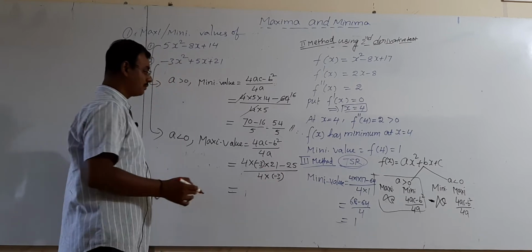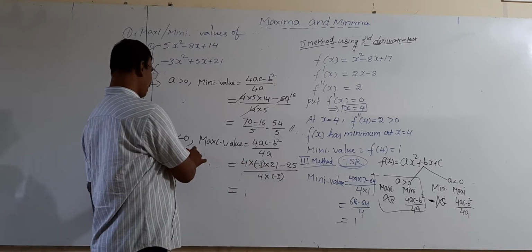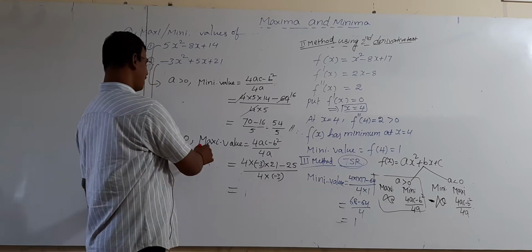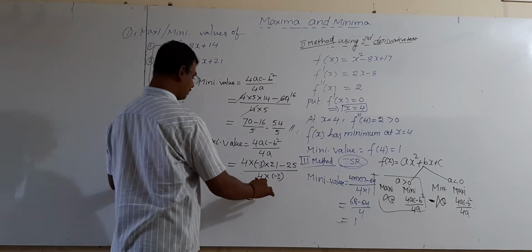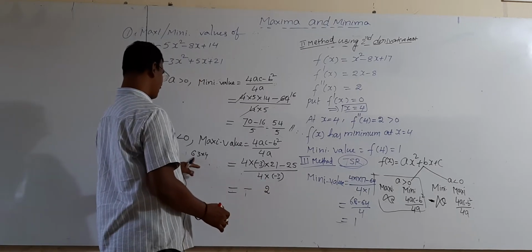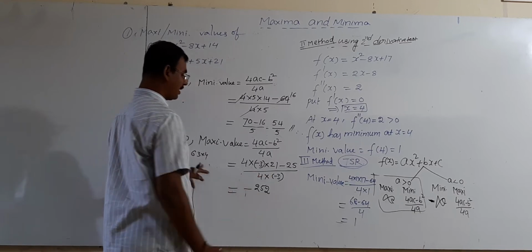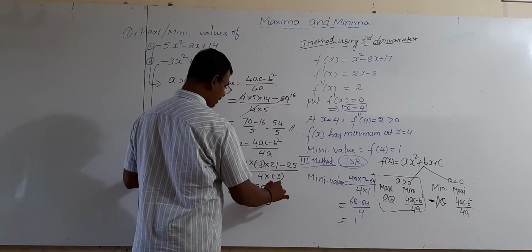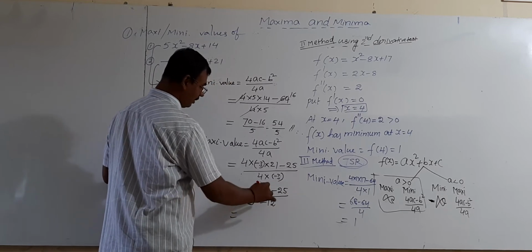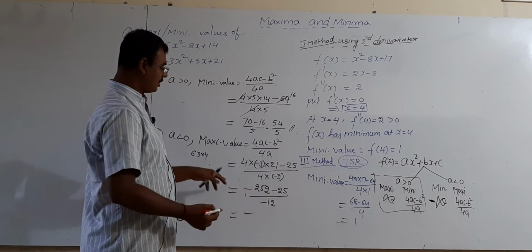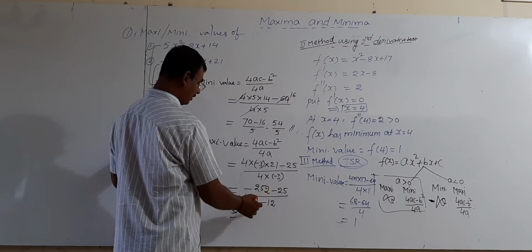This is equal to, so this value becomes 21 times 3 is 63, 63 into 4, minus 4 times 3 is 12, 2 and 1 carry, 6 into 4 is 24 plus 1 is 25, so 252 minus 25 divided by minus 12. This is equal to minus what? So 5 plus becomes what? Minus minus cancelled here. Okay, whatever it is.